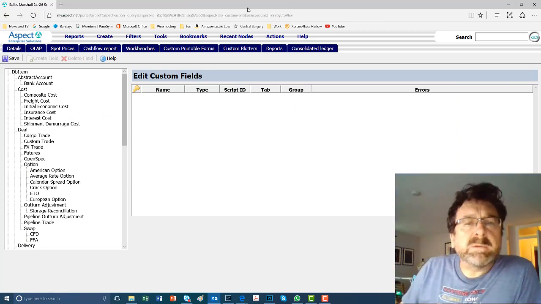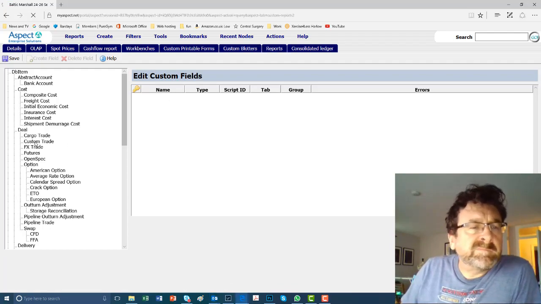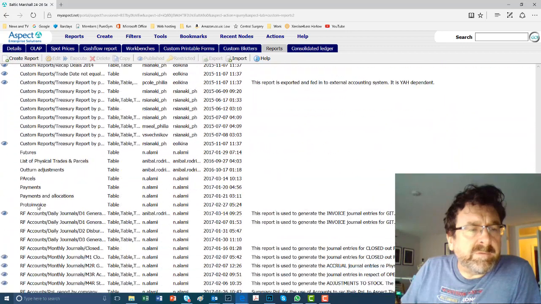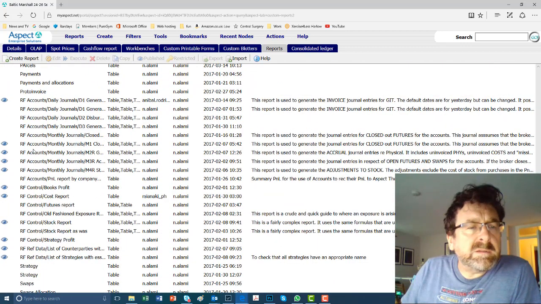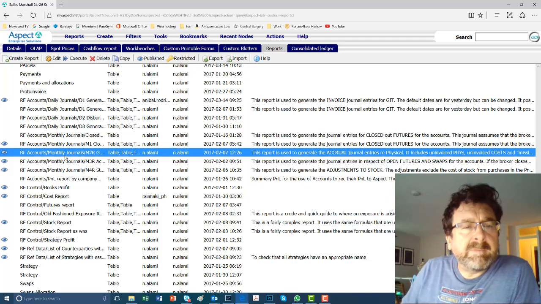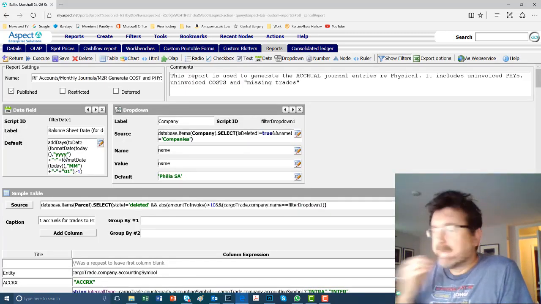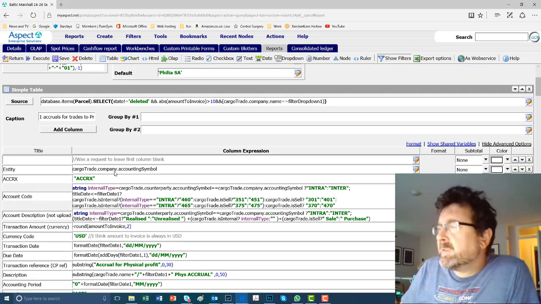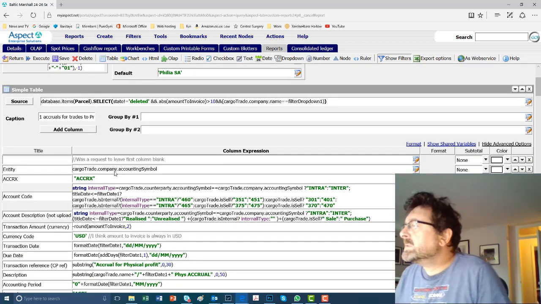M2R report. Okay, so we'll go into reports, and it's one of the RF account journals, MR2, so it's that one. And it's just a change to one of the fields. What's the field he wants to change? He wants to change